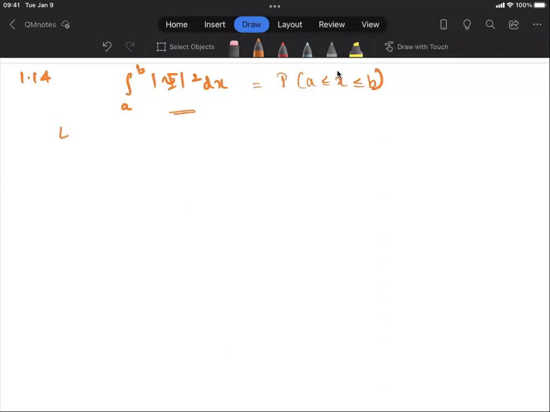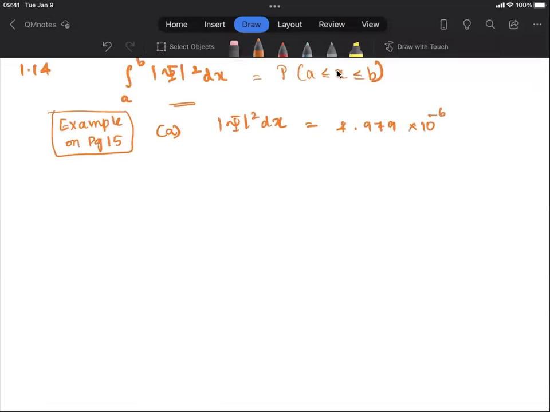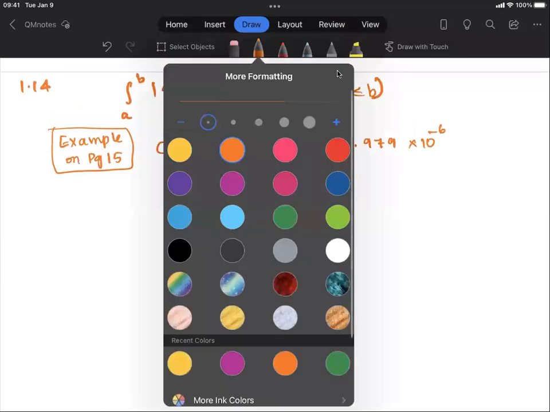Okay, so this relates to the example problem on page 15. For part A, the approximate answer was found by assuming the interval is infinitesimal, so we don't have to compute the integral. The approximate answer was obtained by computing just this, and it was found to be 4.979 times 10 to the negative 6. Now they want us to compute the more accurate answer